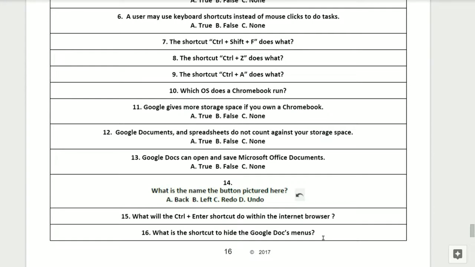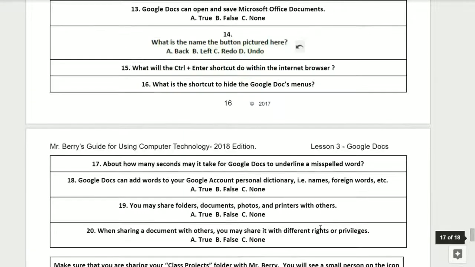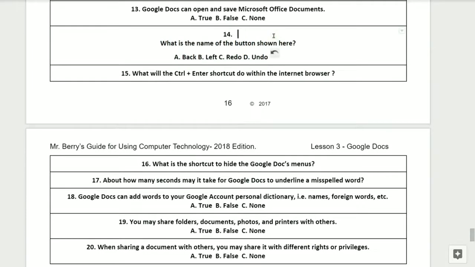Question number 13. Google Docs can open and save Microsoft Office documents. Is this A, true, B, false, or C, none of the above? Question number 14.